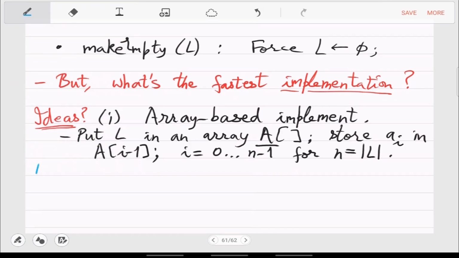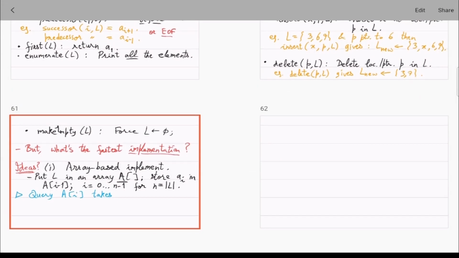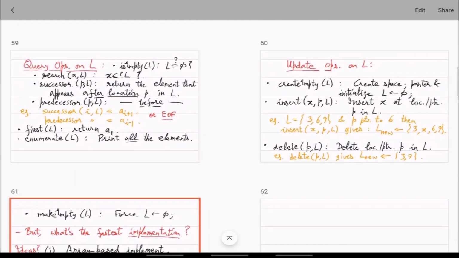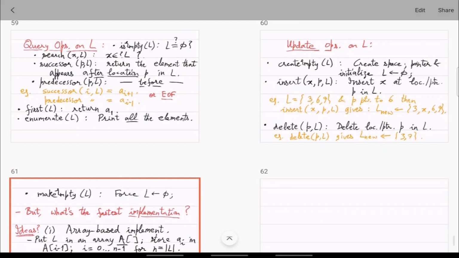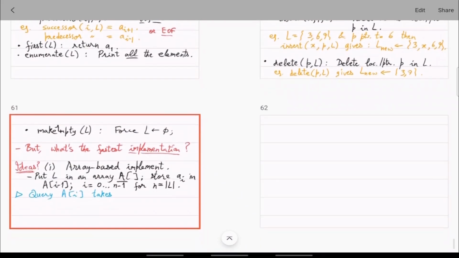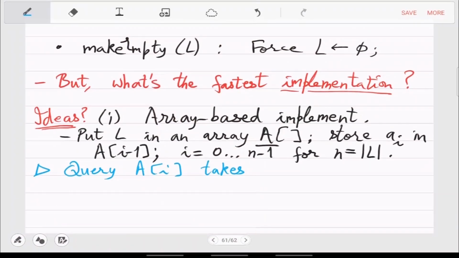So now let us see how good or bad it is. How fast can you query? It's not an operation really here, but let me spell this out.